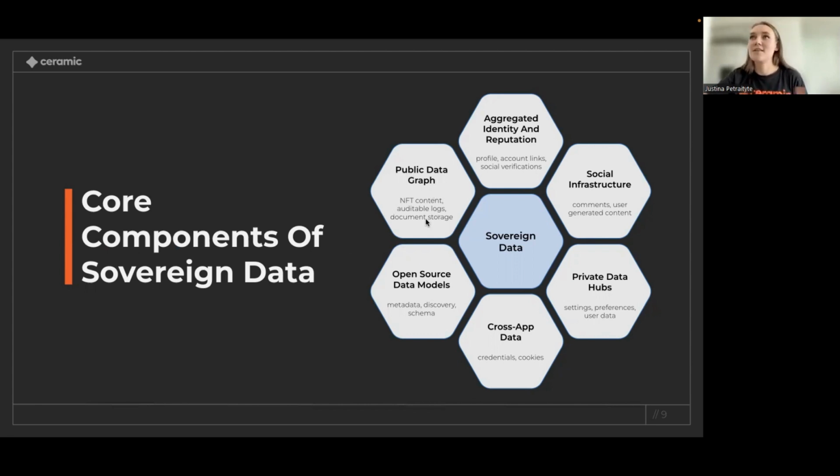So the easiest way to understand how this works with Ceramic: if you have your Ethereum wallet and you interact with applications built on the Ceramic network, only you will be able to make changes to the data that you generated, create new data streams, and so on.